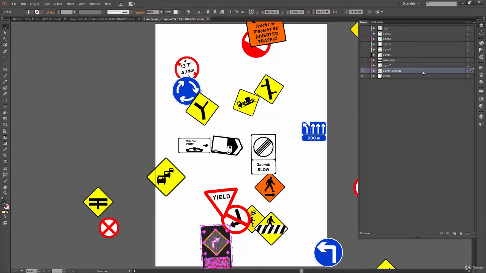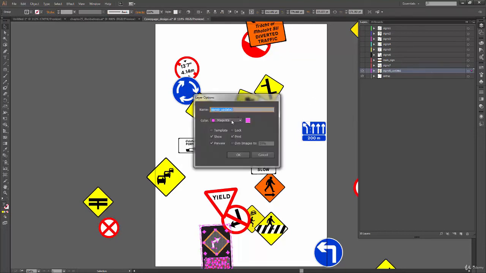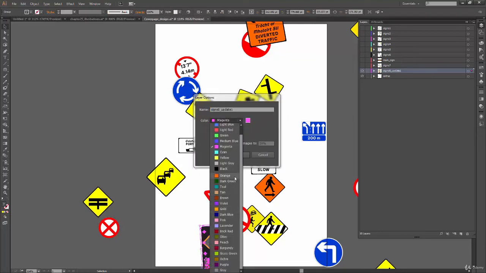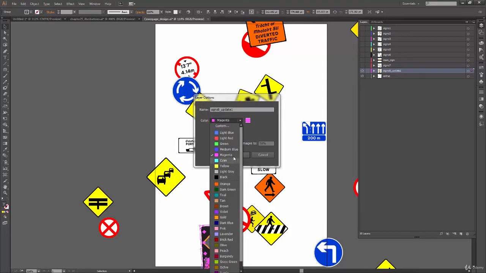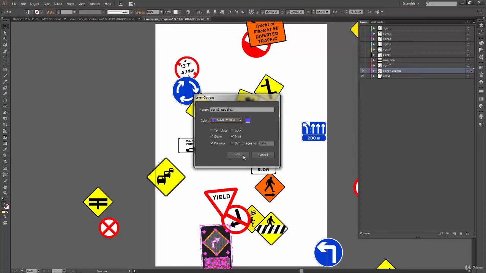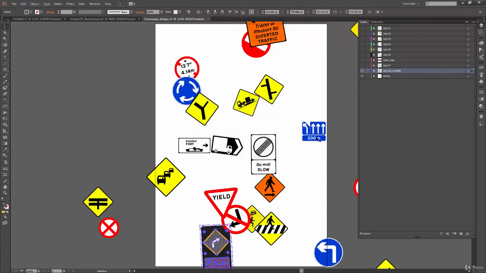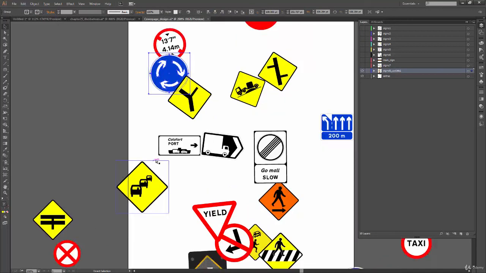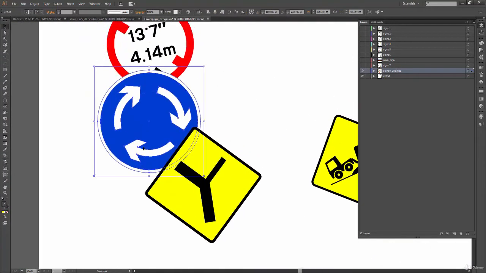If I select some color like, let's say, which color can I select? Blue itself, or yeah, let's say I select medium blue here and I click OK. So here I have this problem that I'm not able to see these outlines very clearly on the blue itself.